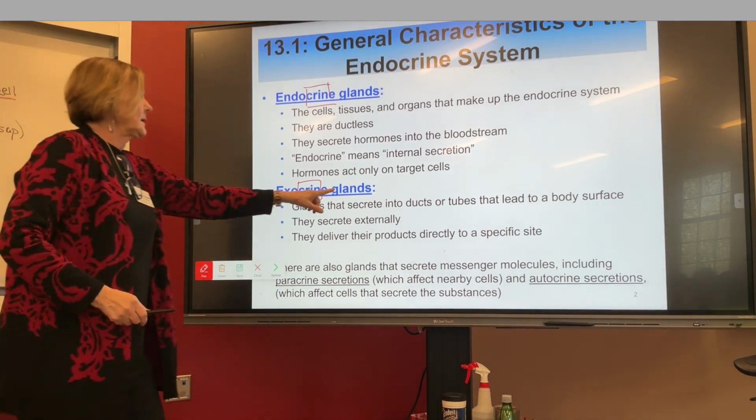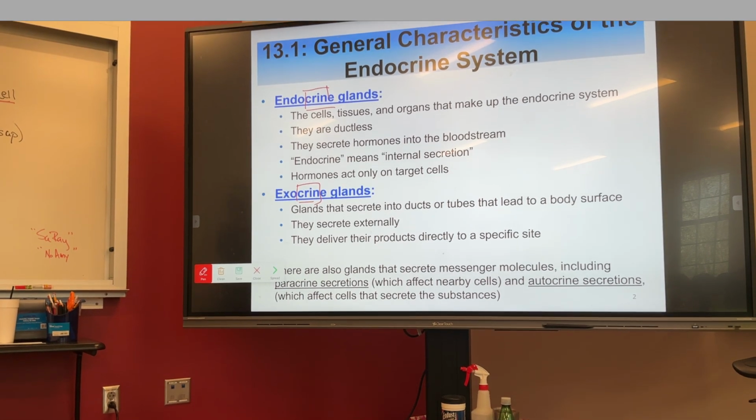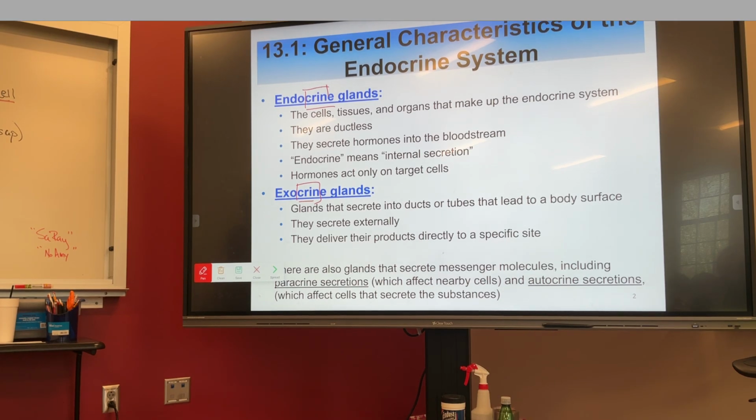This one is secreting something that's going to go outside. Okay, now, I'm trying to get you to actually look at words and think about them. Because a lot of times if you see a brand new word, you might be able to figure it out. If you're taking a test and somebody's thrown something in there and you're not sure, try to break it apart. So let's take a look at this.